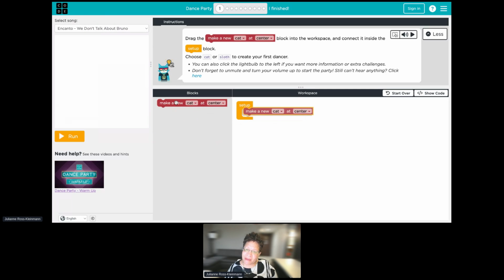Just going to drag my block. Everything that the computer needs to do needs to have a command, right? So the command, after we put the code together, this command is run. I have a song already set for me, but as you can see, there are tons of songs that students can choose from. Once I hit run,